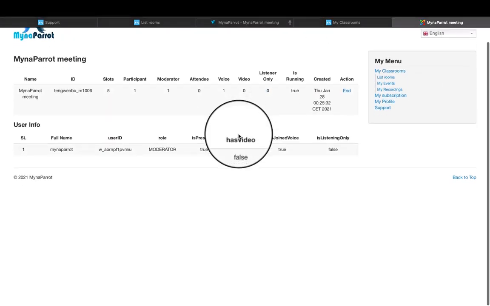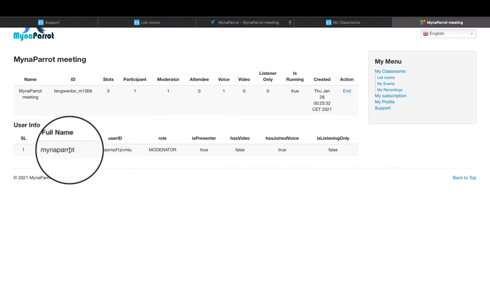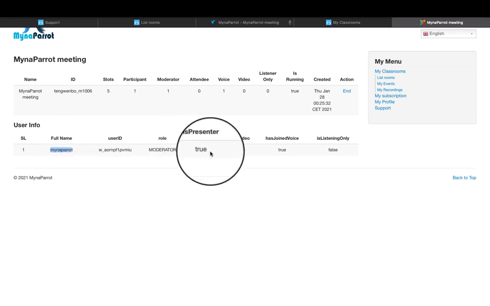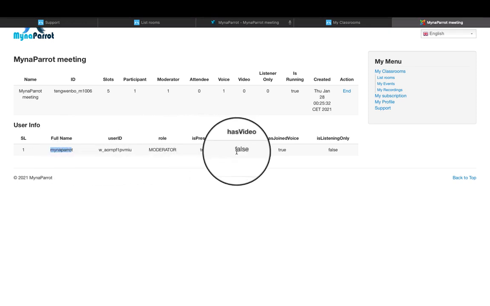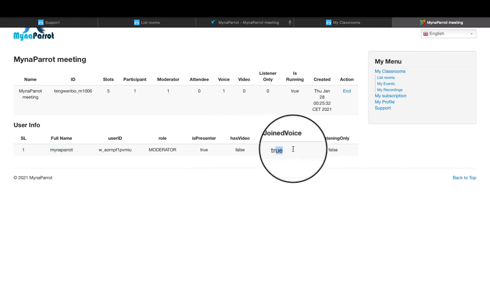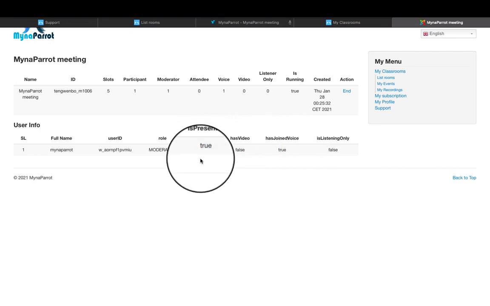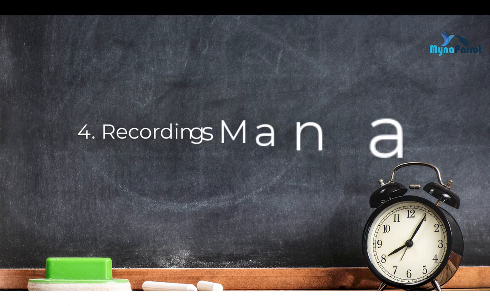If you click the meeting ID for the live session, you will get even further information on the meetings. Here, you will see a list of joined users and more status about them, such as if the user has the camera on or off, if the user has a microphone on or off, if the user has a moderator role or not, etc.